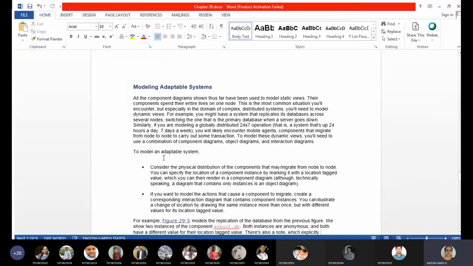In order to model an adaptable system, we talk about two ways: static and dynamic. In static parts we may use components, and in dynamic parts also we can use components. Static parts are something like .exes, whereas dynamic parts may be recovery of the system from failure and so on.